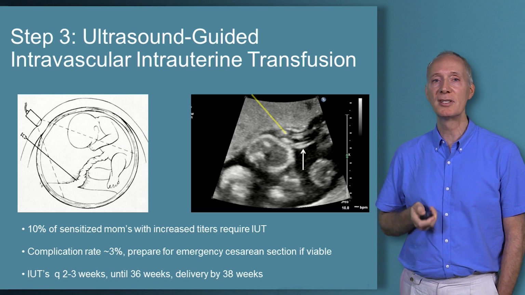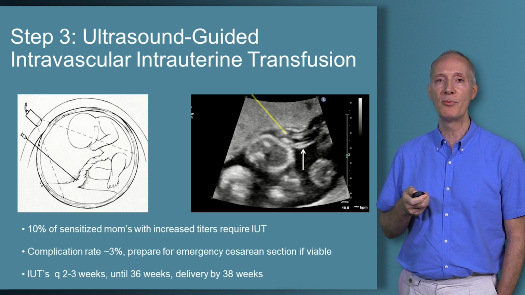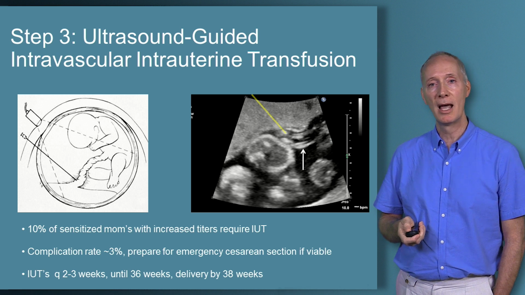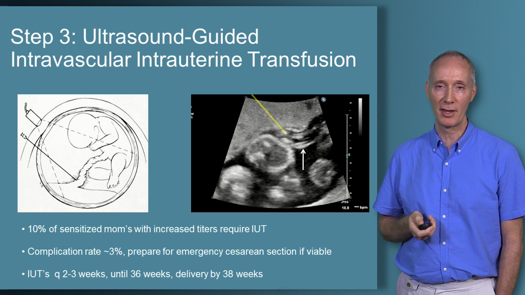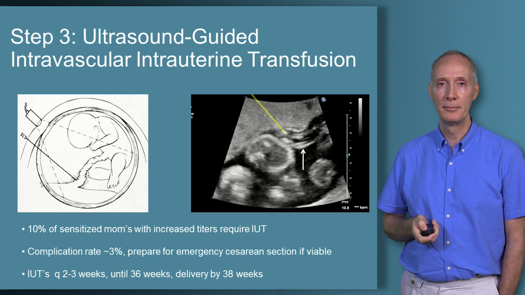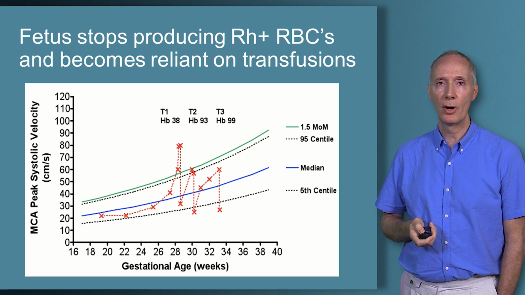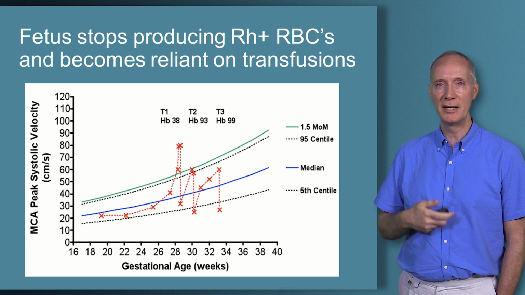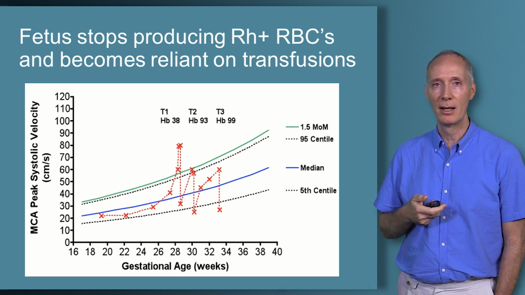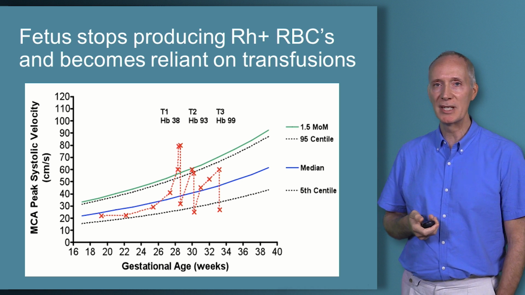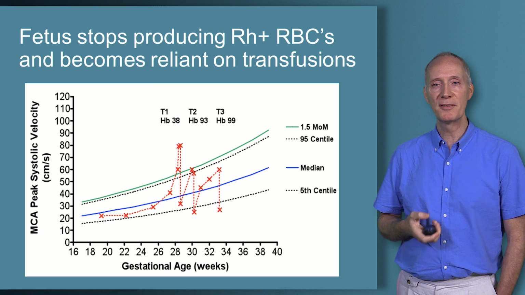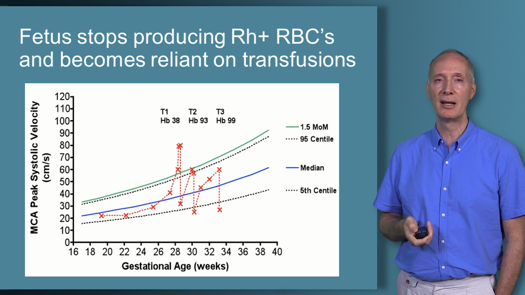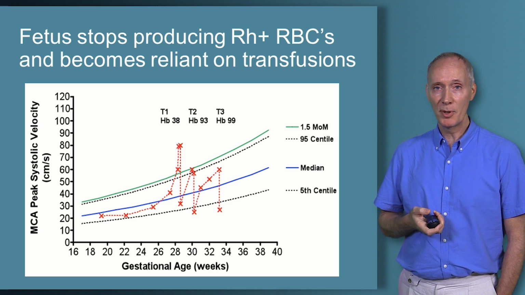Intrauterine transfusions are done every 2 to 3 weeks until 36 weeks, and ultimately the baby is then delivered by 38 weeks if everything goes well. Now you might wonder, why do I need to transfuse again and again? Well, the baby stops producing these rhesus-positive red blood cells because the transfusions will downregulate the erythropoiesis, so it becomes